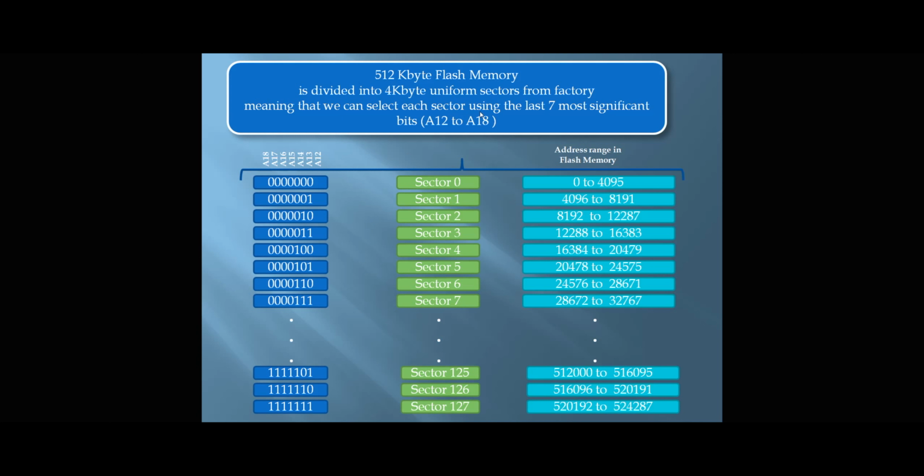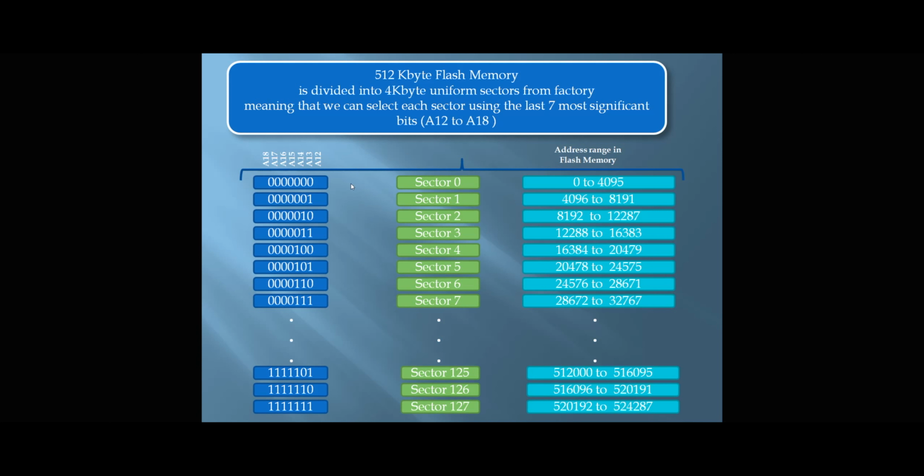Those sectors are addressed using address lines 12 up to address line 18. Remember that in the previous slides, we talked about address lines 15 all the way up to 18 being controlled through our bank register. But let's forget about that for a minute and just look at the chip in general, with address lines A12 all the way up to A18